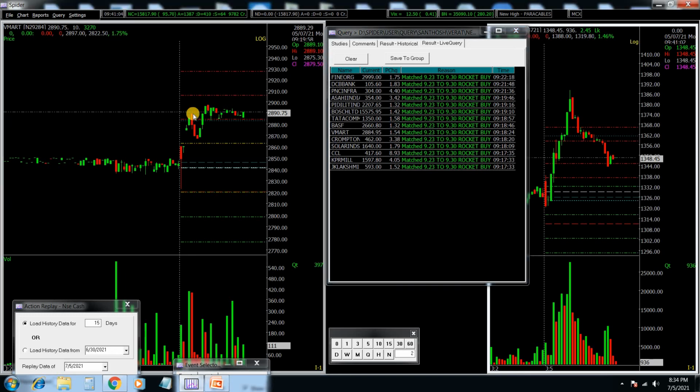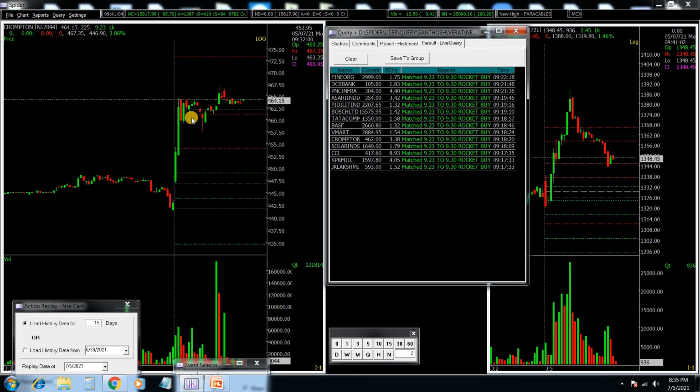After the 9:18 entry, it fell immediately. We don't want an immediate fall. We want an immediate rise to confirm a trade. Even if it came up later, we will not take it. We need an immediate rise in the stock. Crompton broke late, so we will not confirm. We need immediate action towards crossing the day high again.